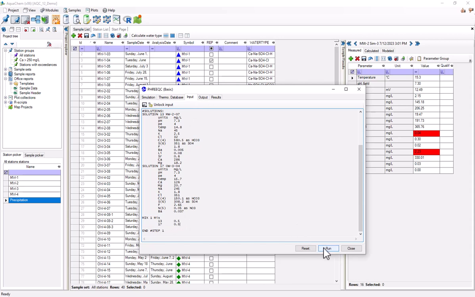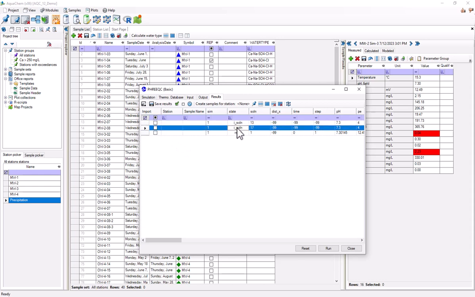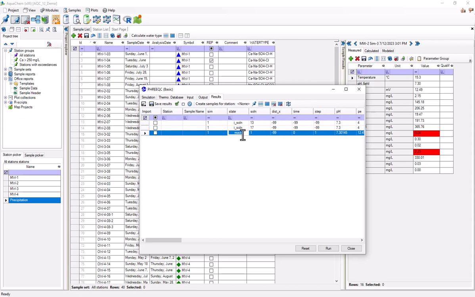So now we're ready to run. I'll hit run, and I'm immediately able to see the results. So this table has 3 rows. We have 2 rows for our initial solutions, and we've got this 3rd row for the solution that resulted from the simulation. And we're able to review the chemistry of this just directly in this interface, but if we wanted